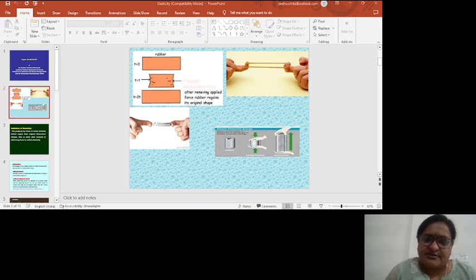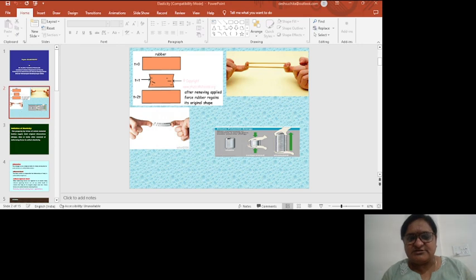What about plasticity? We consider a plastic. We apply force on the plastic, and when we remove the force, it cannot regain its original position. That is plasticity. The main difference between elasticity and plasticity is that the body regains its original position when the deforming forces are removed,